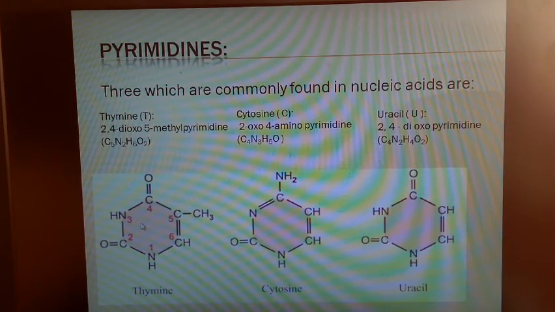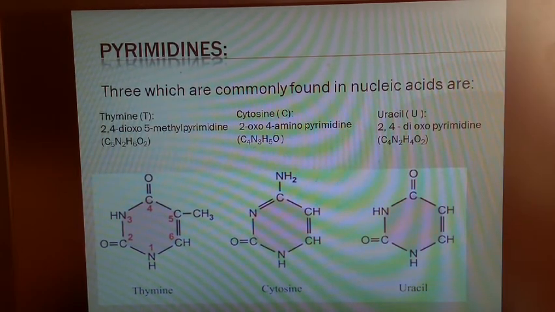We'll study the structure of thymine first. Thymine is a 6-membered ring, and the numbering starts from nitrogen. This is very, very important. Remember, in purine also the number 1 is nitrogen, and likewise here the number 1 is nitrogen. That is very important because when we move on to further topics, we require it: how the bond is formed, or with which group it is going to form a bond.